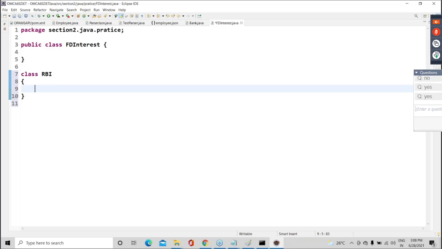To be honest, every bank has a different FD rate. I hope you are aware, yes or no? SBI's rate is different, ICICI's rate is different, HDFC's rate is different. But every bank should give the facility of fixed deposit or not? Yes or no? Every bank must give this facility, and the controller of every bank is RBI, the Reserve Bank